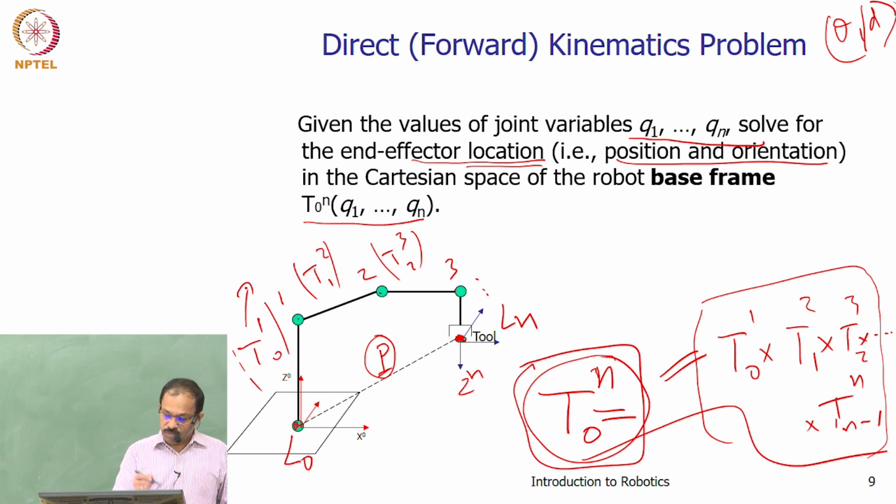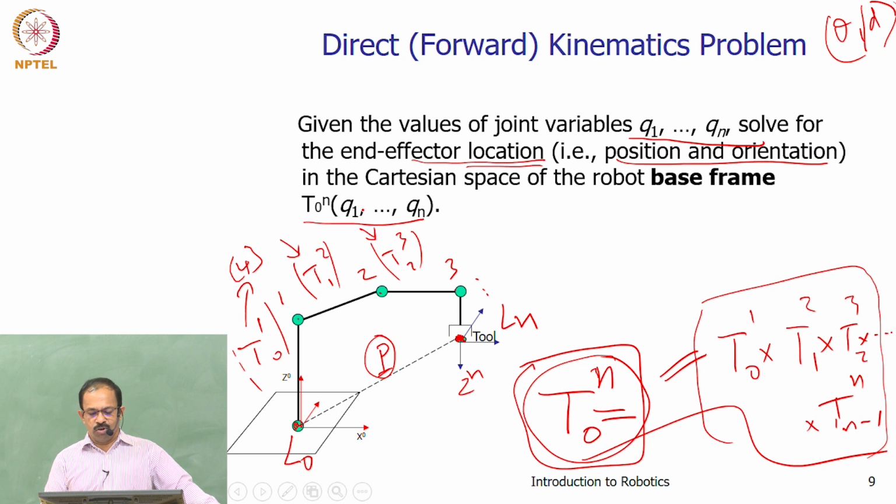So, this will be a function of not only the joint variable but all the 4 parameters; this will have 4 parameters, this will have another 4 parameters like this. Finally, Tn0 will be an expression which has all these parameters in it, and out of these only one will be a variable for each joint. So, you will have 6 variables and all the others are constant.